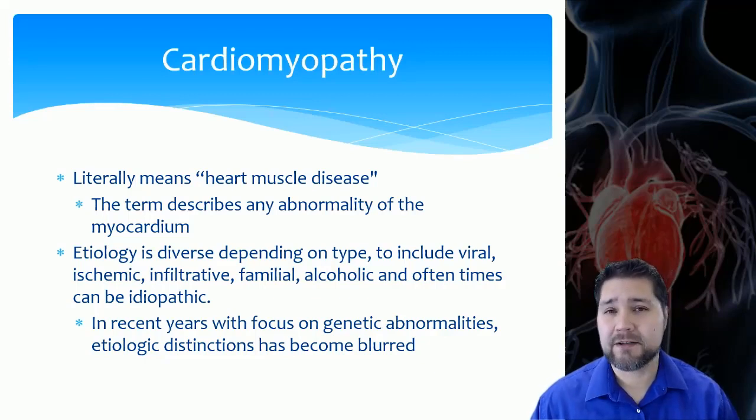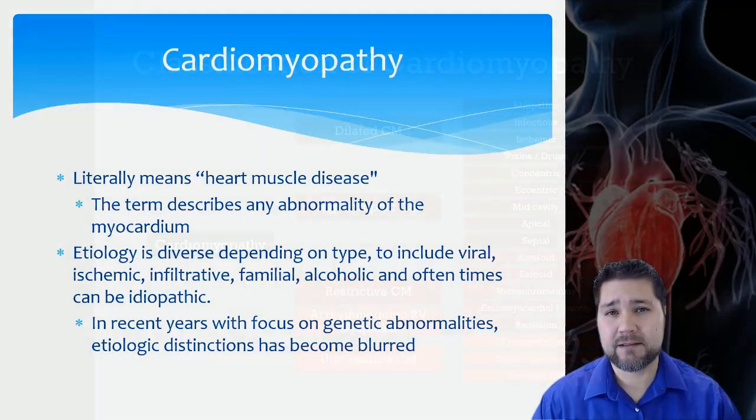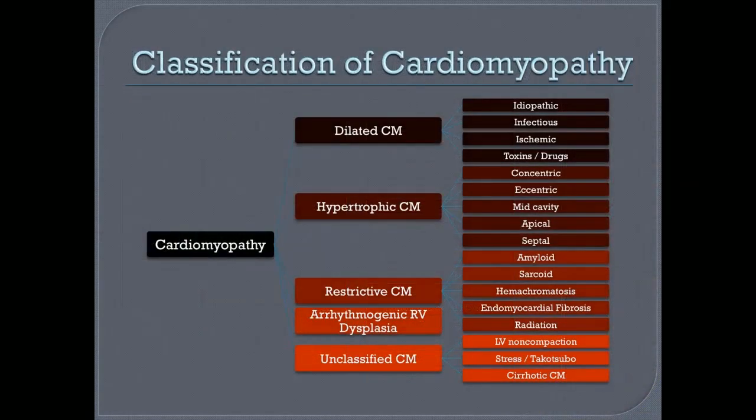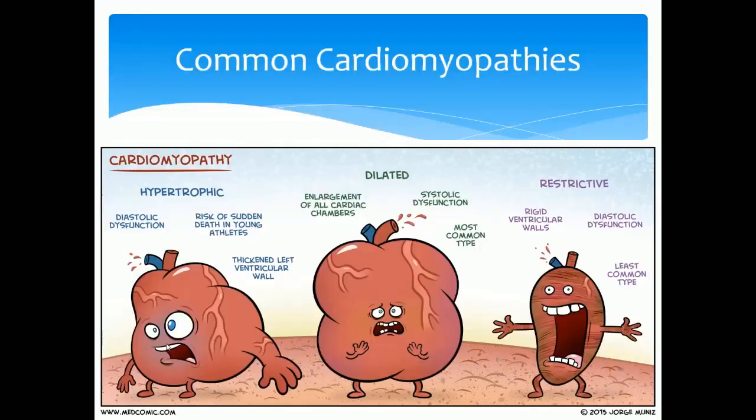However, recently they are starting to see genetic associations with this, so it's even more difficult to make designations between individual types of cardiomyopathies. As you can tell from the chart here, cardiomyopathies have a wide range of subcategories. So we're just going to focus on dilated, hypertrophic, and restrictive cardiomyopathies. It doesn't hurt to be mindful of the fact that right ventricular dysplasia is a type of cardiomyopathy because it does affect the myocardium. However, these three are really all I want you to focus on,